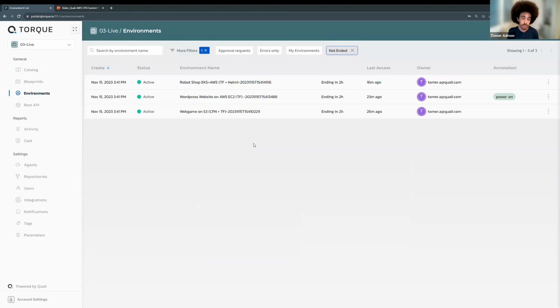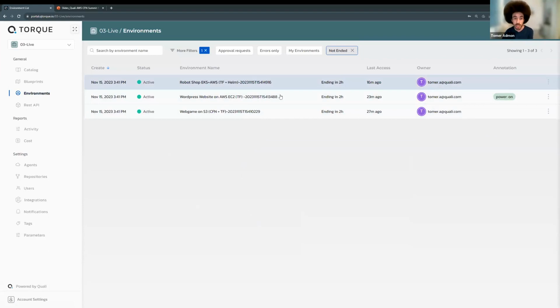And as we said, one of the challenging things is not just to orchestrate, it's to manage over time. So in that manner, the environments view for this specific space is very interesting because you can see 3 different environments that are up and running. You can see that I've launched them, and each and every environment here will show slightly different things.